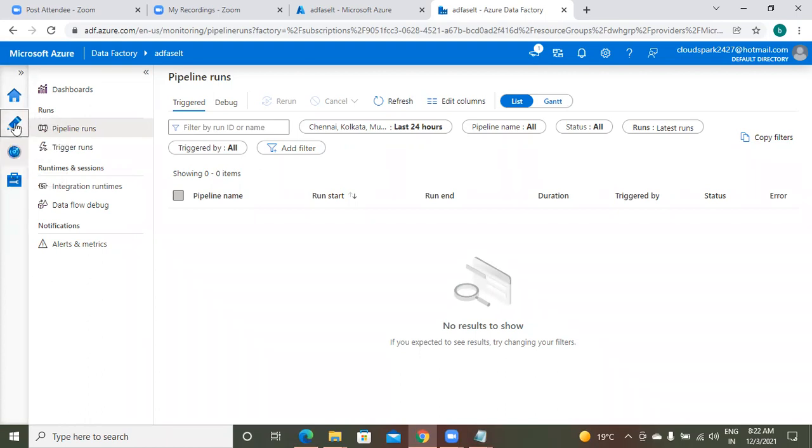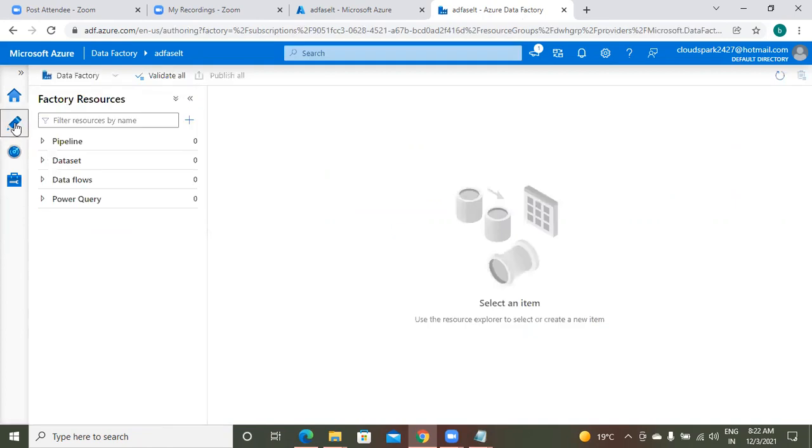Our main developer tool is the Author. What is the main work with us? Pipeline defining. If you click on this arrow button here on the right side, you will see that up to now there are no pipelines because we recently created the instance. I want to create a new one. Just click on the triple dots. Here I have options. Under a specific folder you can keep your pipelines, or you can straight away create a pipeline.